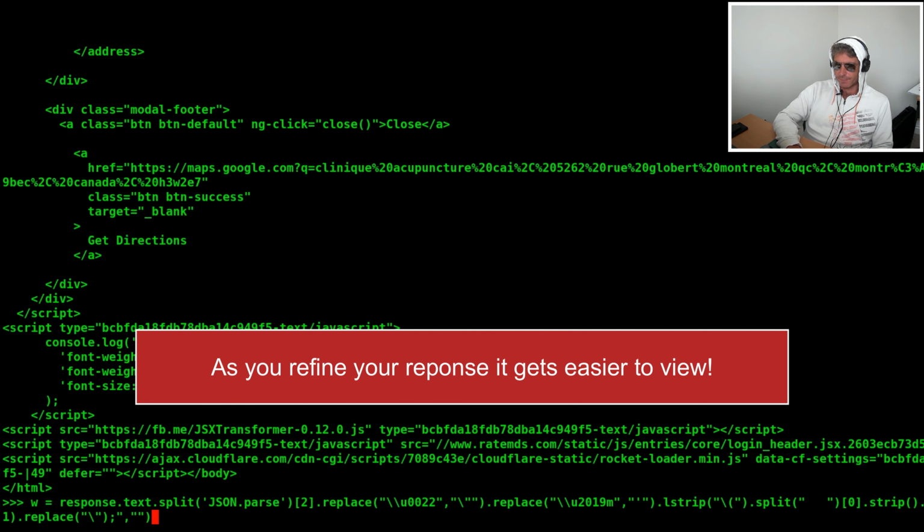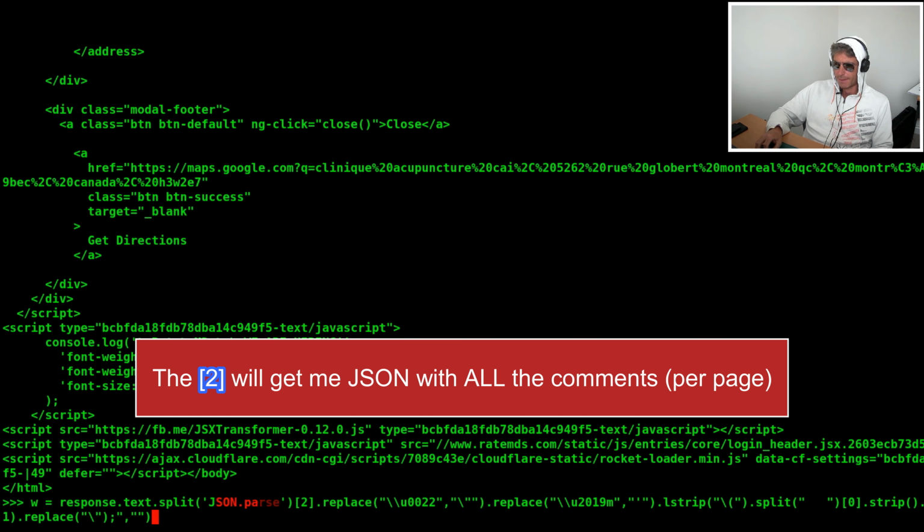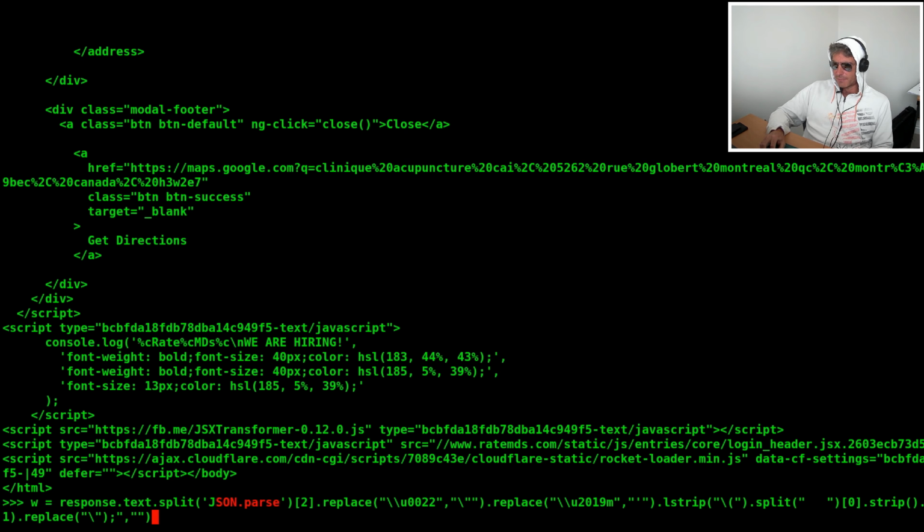So this is one I made earlier, and let me just show you. So response.text, and then I'm splitting it. So I'm looking for each instance of json.parse. I know there's 3. So I'm going to look for the second one. I'm going to replace all the U0022s.